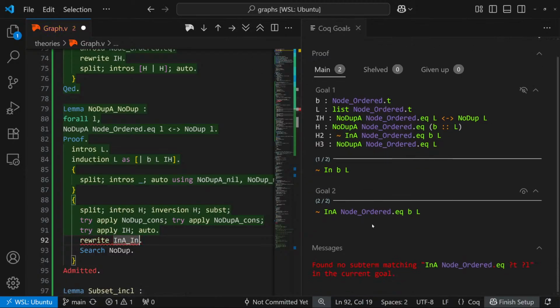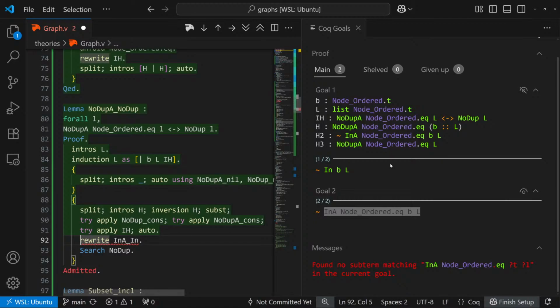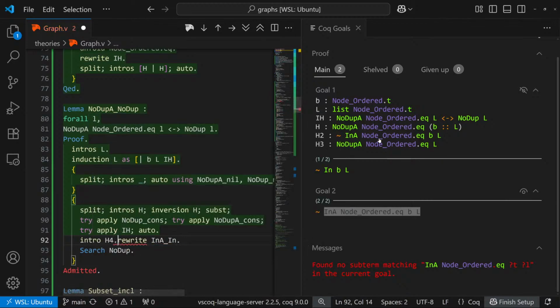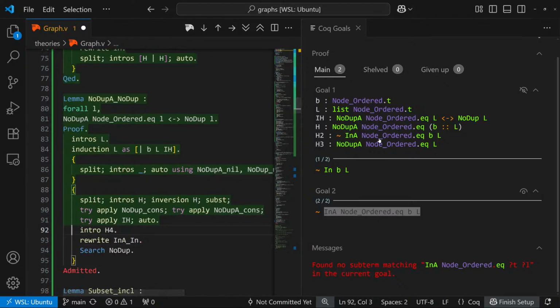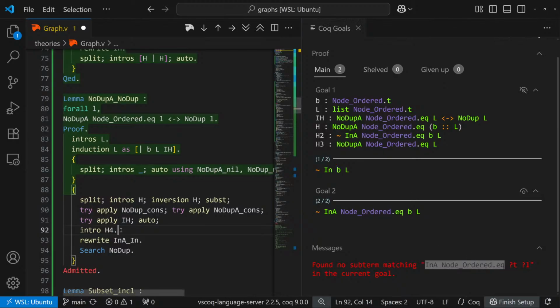That didn't work because we wrote in one way, but we want to rewrite it in the other way. So we could do a try in here. But if we do an intro H4 instead, oh, actually, I was only applying it to the one side, so I was doing the rewrite in the wrong direction anyway. But if we do an intro H4 on both sides,